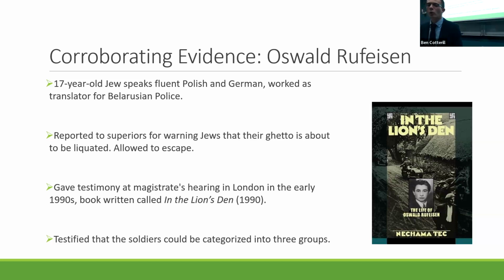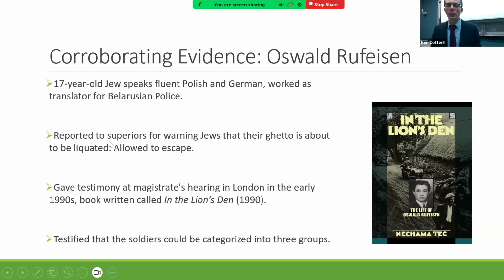Once they learned that he spoke Polish and German, they told him, there's a German battalion coming into town. We want you to be their translator. And so he went to live and work with this battalion as the translator for them as they operated in Belarus. So obviously keeping secret the fact that he's Jewish and living in a lion's den, as the title of the book illustrates. And then when the battalion was preparing to execute a Jewish ghetto the next day,